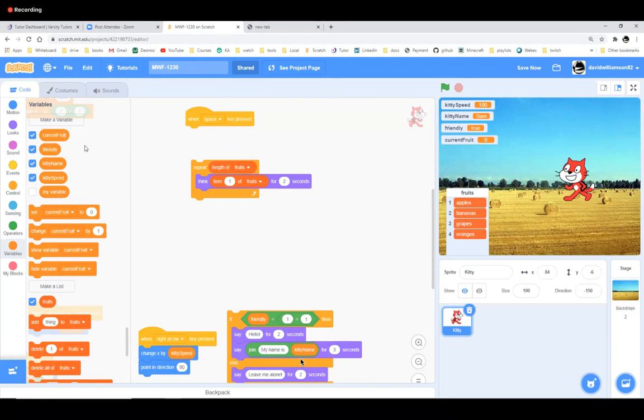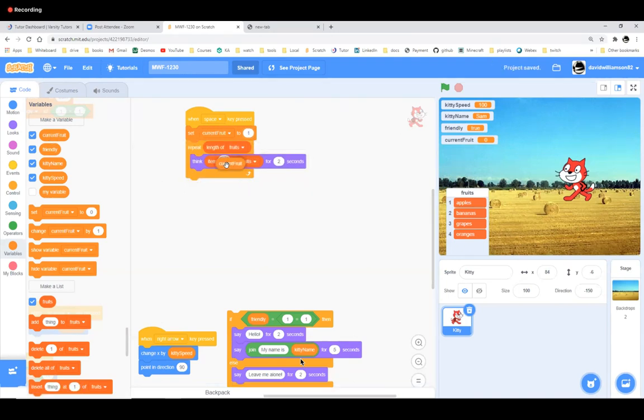It is a number, but when it's here, it needs to be 1. So when I hit the space bar, I'm going to set current fruit to 1. Now it's going to think item current fruit of fruits for, maybe, 1 second just so that it doesn't take forever to go through.